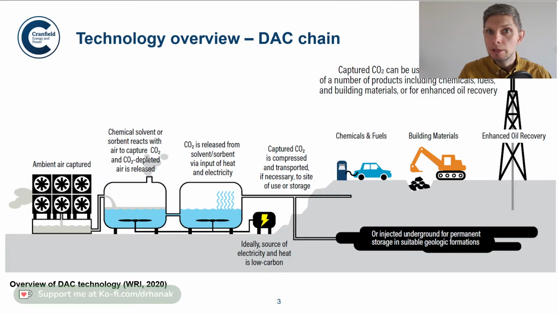And that material needs to be regenerated, right? So you don't want to just have a once-through system. You want to make sure that you regenerate the system and have a kind of circulation of the solvent or sorbent. So that is another issue, because to regenerate that sorbent or solvent, you do need energy. Either that's electrical energy or heat, high-grade or low-grade heat. That is another issue of direct air capture, because you do need quite a lot of that heat to reclaim CO2. There are other options. There are options to reduce that energy intensity, but this is another area where chemical engineers can focus their attention